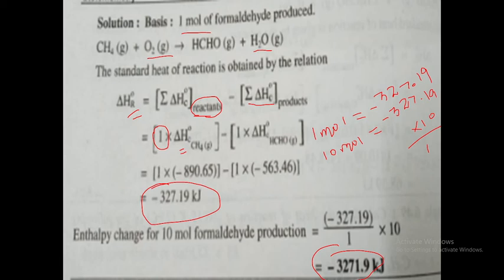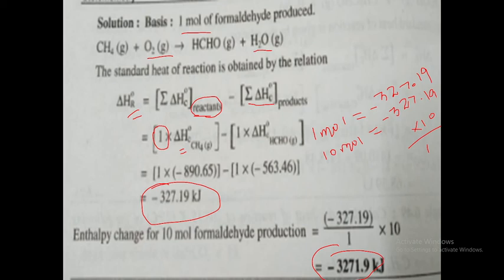How many products are produced here? We have two products. One is formaldehyde, another one is water. For this problem, water data are not available in the table. What do you do here? You should take 0. Are you clear or not? Okay, you don't worry about the water. So only consider formaldehyde. What is the stoichiometric coefficient of formaldehyde in this problem? Only 1, because 1 mole of formaldehyde is produced. So you should take 1 as the stoichiometric coefficient of formaldehyde, multiplied by the standard heat of combustion of formaldehyde. Are you clear or not?